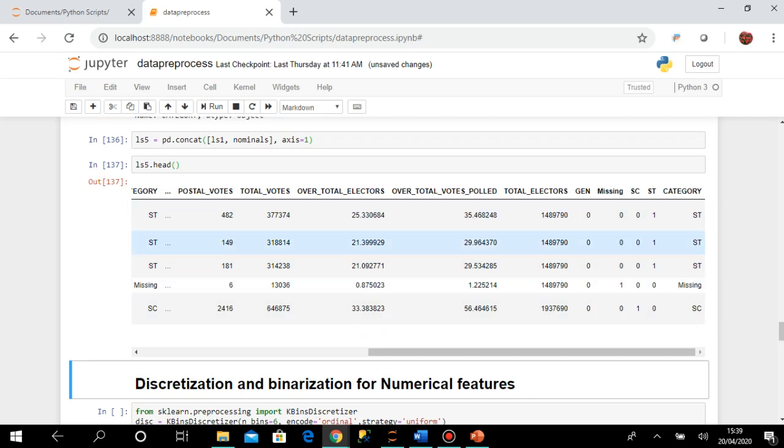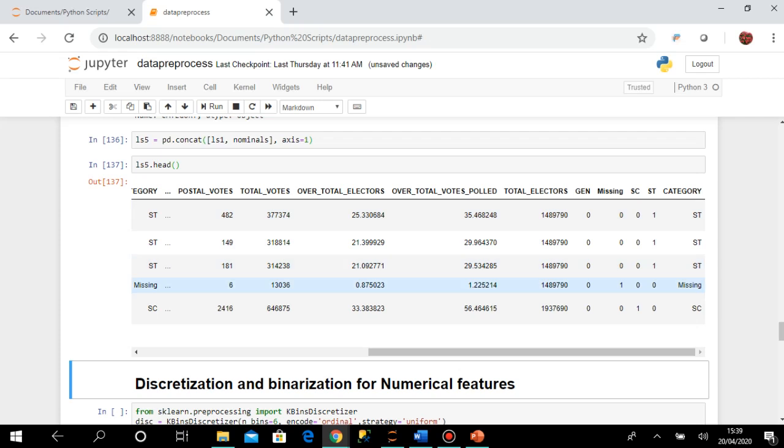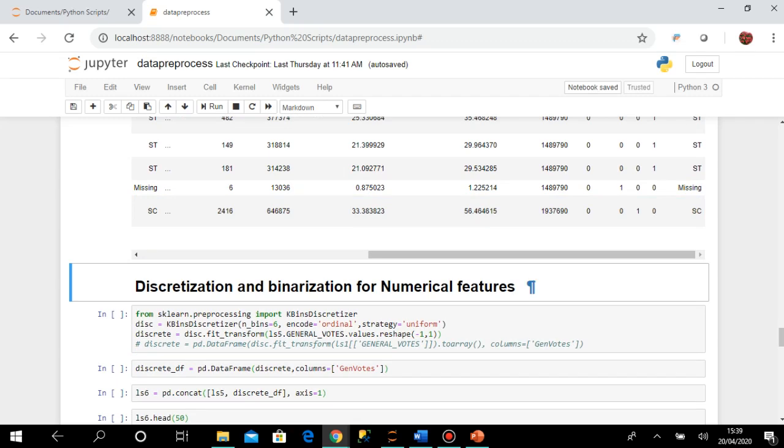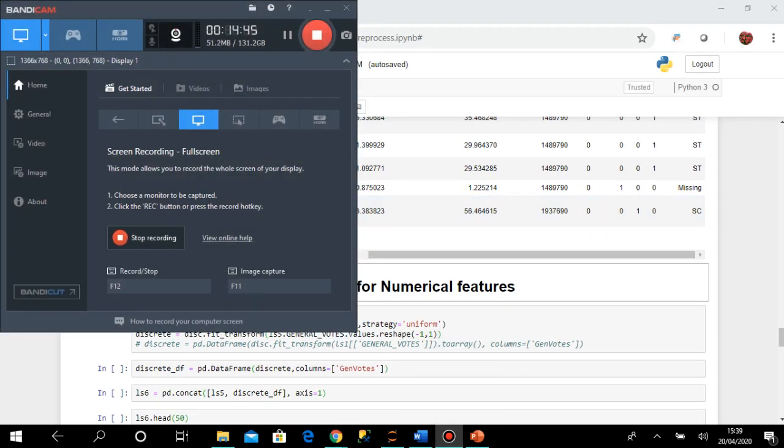This is how I have converted the categorical non-numeric data to numeric data, and I have handled nominal and ordinal attributes in different ways. Now we will move to discretization and binarization for numerical features.